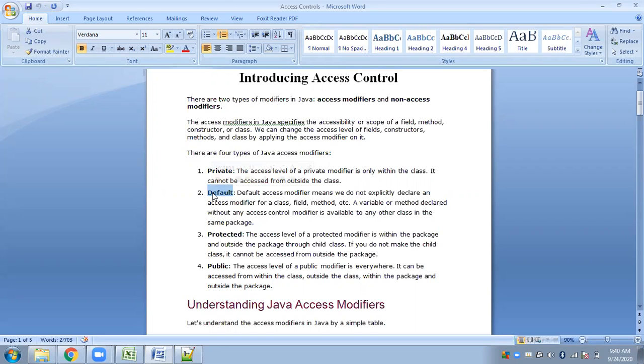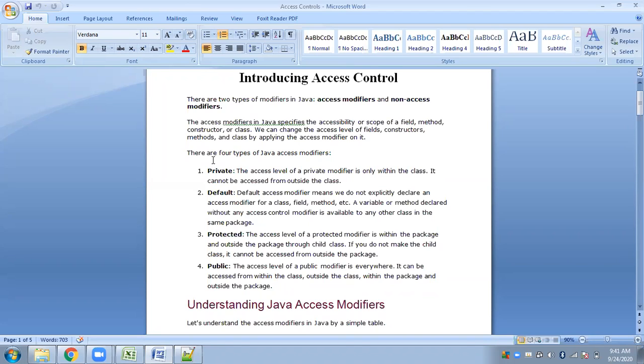So you have to do a comparative study. Private and public are completely opposite. Default and public have only one difference, which is that default members cannot be accessed from outside the package. Protected is somewhat related to private, except that it is one level above it.